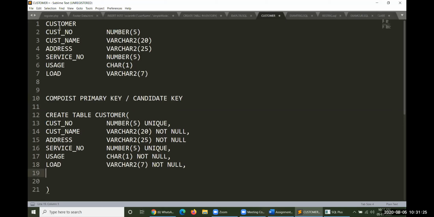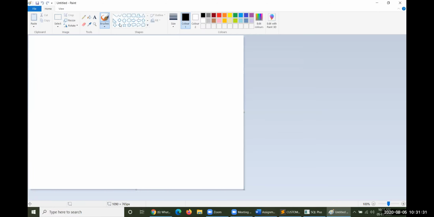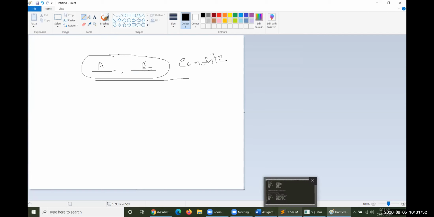In our ER diagrams, we have drawn something like this. Comma, one more. This is some A and this is some B. So this will be placed into a single attribute, and this is called a candidate key. How you can define this candidate key, we will see here.